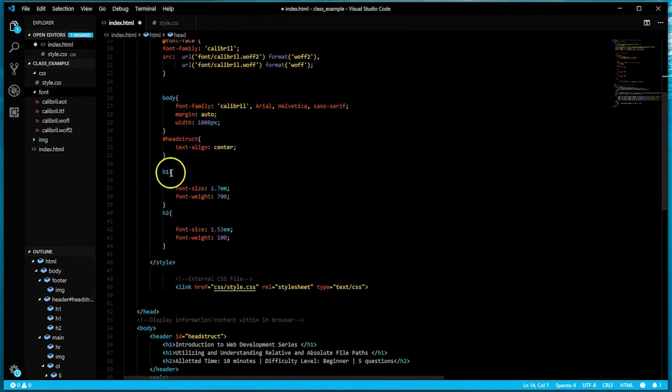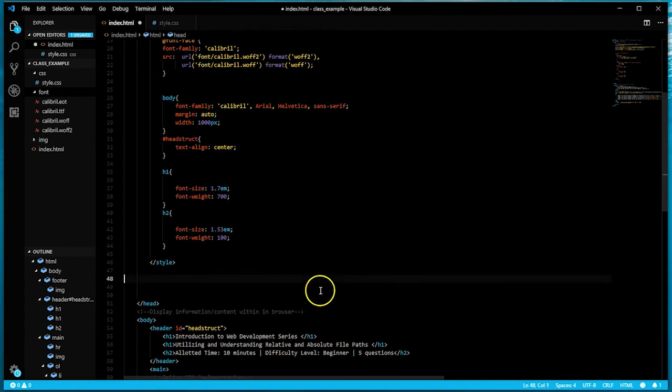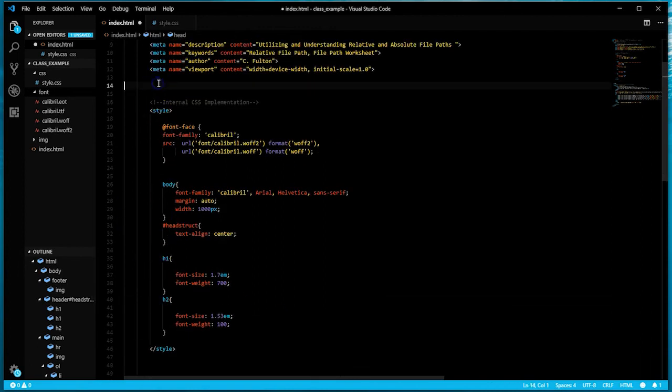And let's say, for instance, we had an H1 in our internal, and we had an H1 in our external. You could potentially override yourself if you really wanted this to happen. The one that's going to take precedence is the H1 inside of your external file. And so it's just one of the things you want to be cautious about, you want to be aware of: make sure that however you place your external file within your document, whatever code you want to trigger or give presentation to is placed correctly within the head of your document. Typically, I usually have my external file come first and then my internal CSS,